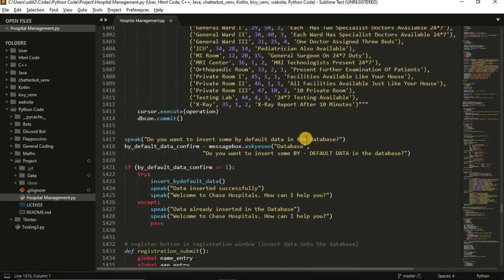So to safeguard against that, we have made another try and except block. Suppose you have chosen OK or yes as your choice, that is to insert default data. It will first try to insert this default data. If it encounters any error, suppose the data is already inserted into the database, it will just go to the except block and it will just pass.